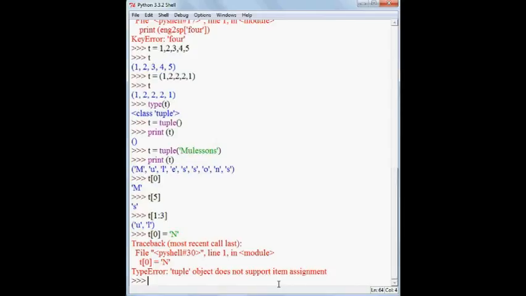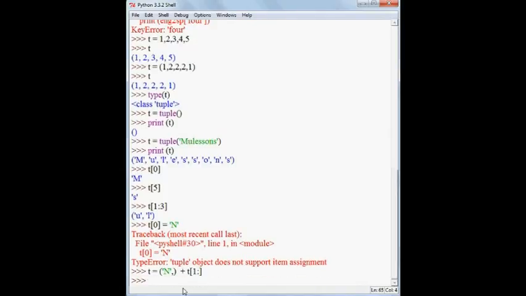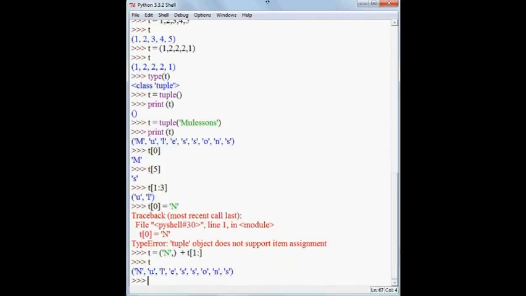But you can replace one tuple with another. How can you do that? This was our earlier tuple. Say t equals, and in parentheses the new value, comma, plus the rest of the tuple.